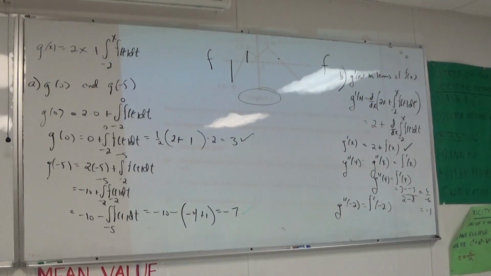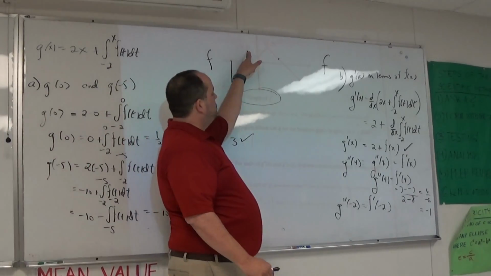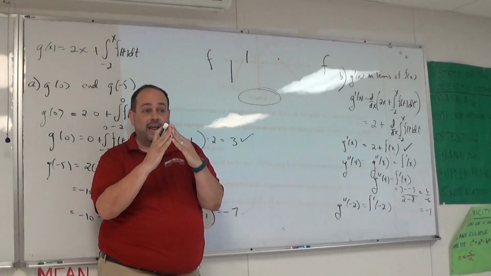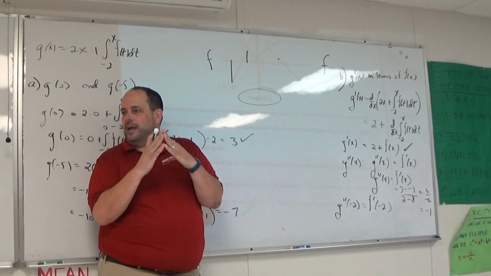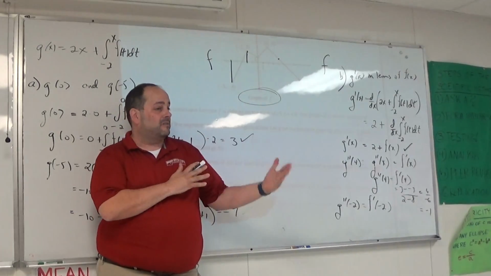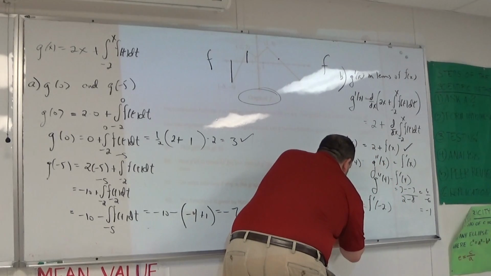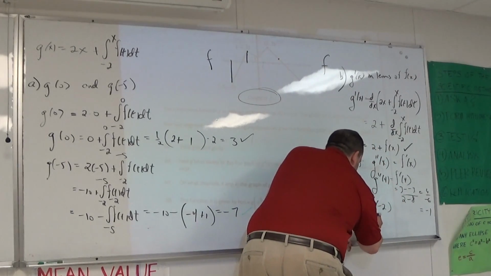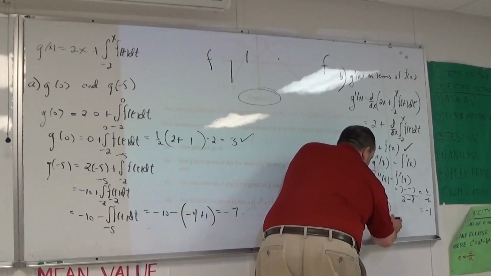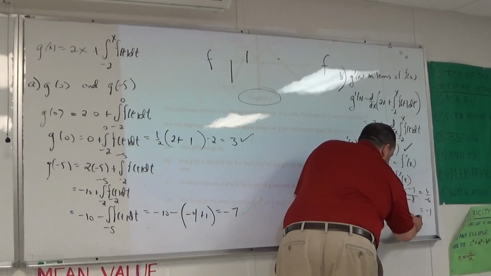F prime of negative 2. Slope at negative 2. Gerson, what do you know? It doesn't exist. Why not? It's a cusp point. Because at x equals negative 2, your graph has a cusp point, a sharp point, which is why your derivative doesn't exist. Different from saying slope of 0. So f prime of negative 2, I would say, does not exist because f has a cusp point